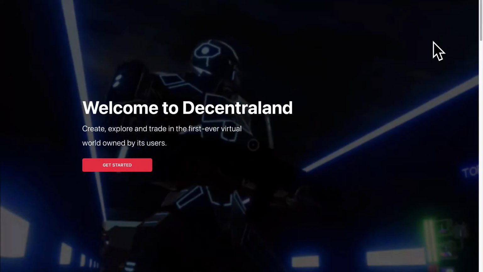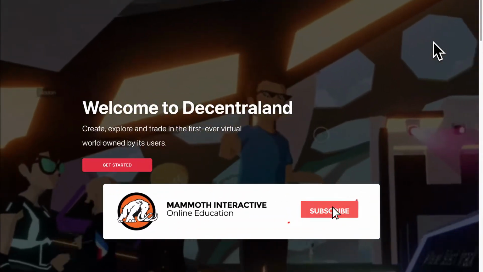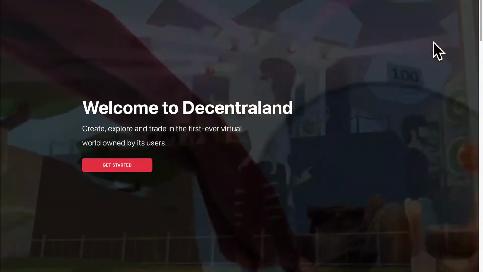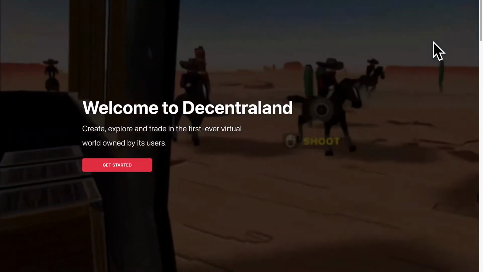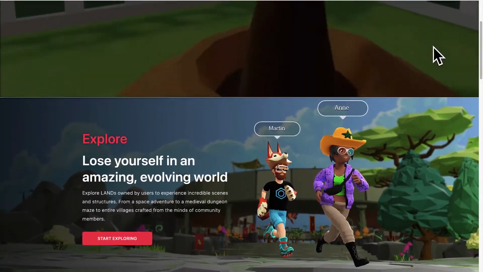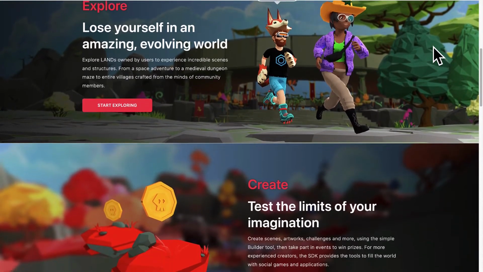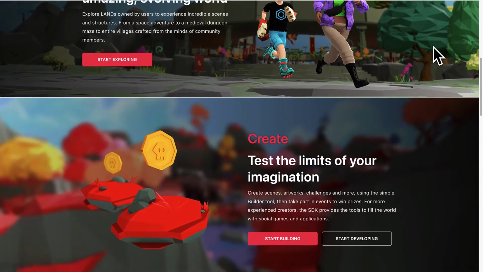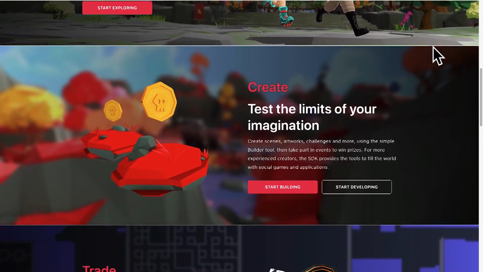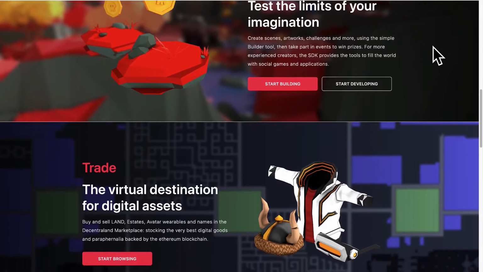Hello everyone, and welcome back to our course. In this lecture, we are discussing what is Decentraland. Decentraland is the first fully decentralized virtual world. It is a decentralized virtual reality platform that you can access on the browser, not necessarily only with a VR headset, and it's powered by the Ethereum blockchain. With Decentraland, you can create, experience, and monetize content and applications. The content that makes up Decentraland is stored and distributed via a decentralized network. Ownership and transactions are validated on the Ethereum blockchain.